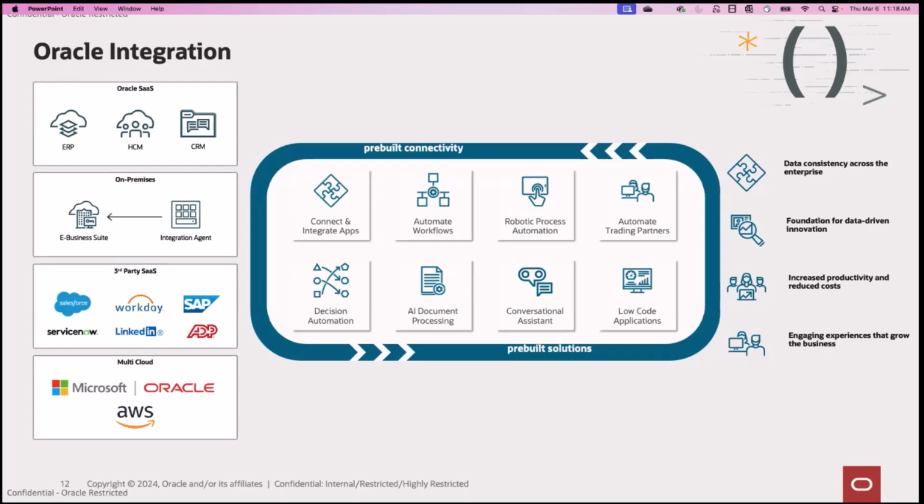So the whole flow of picking up a document from some repository or front end, calling the API, getting the results back, and sending them on, or in this case, as I saw a lot of questions coming in, creating invoices in ERP or creating any new objects inside any target system,